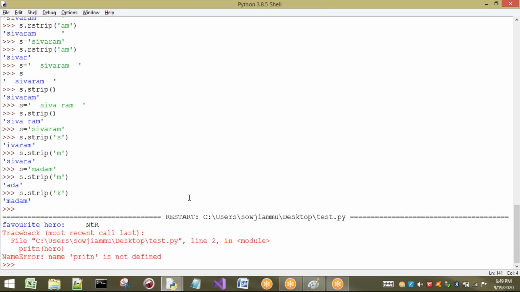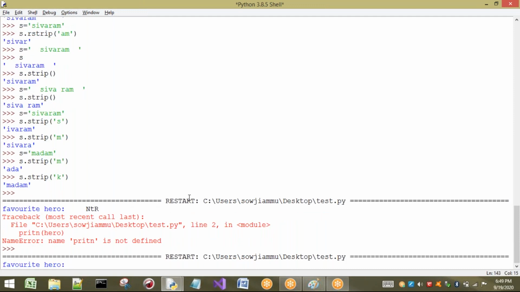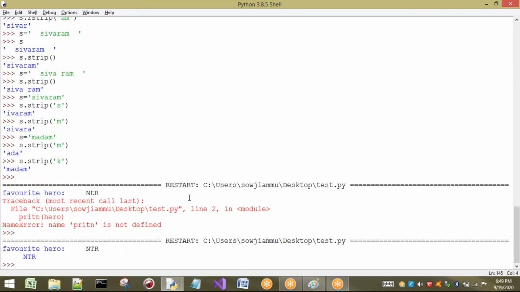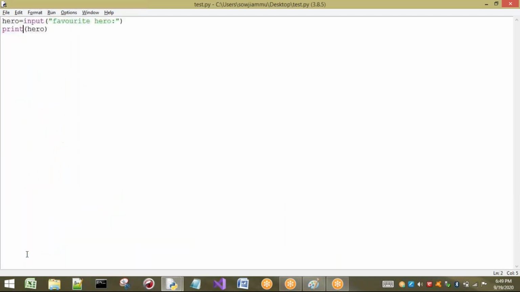Right. Now see, after spaces I will take NTR. Now see, what is the output? Here spaces are printed, but generally they should not be there. If I take four or five things, they will not be in alignment. For example, the same statement, I will take favorite hero 1. I will take two or three, control C, then you can observe clearly, control V. Next, the same thing, three things I am going to take. Here I will place 2. Here I will place 3. In the same way here also, I will take 1, 2 and 3.